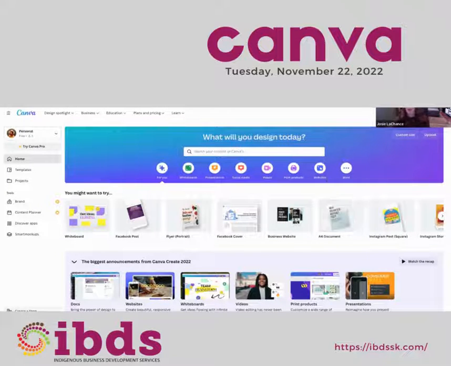Okay, so here we have the Canva homepage. This is what you see when you type in canva.com. I should mention that the top uses for Canva that would most likely interest you are things like creating posts for social media, so for both your timeline and your stories, if you use those features.